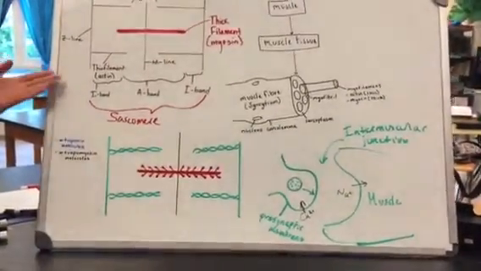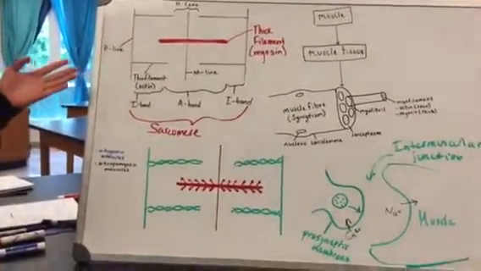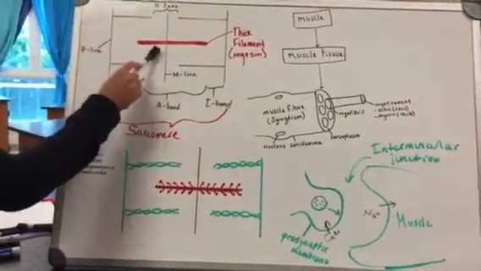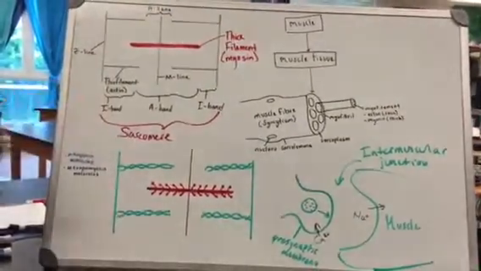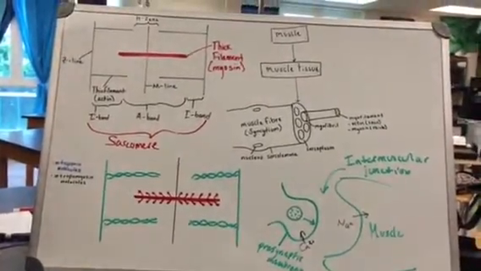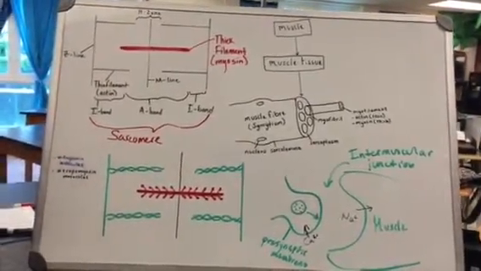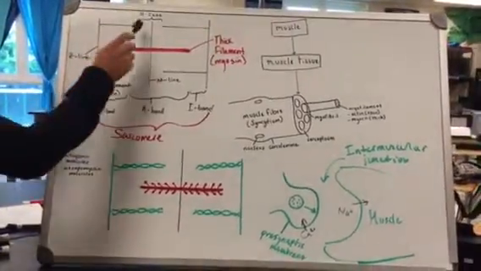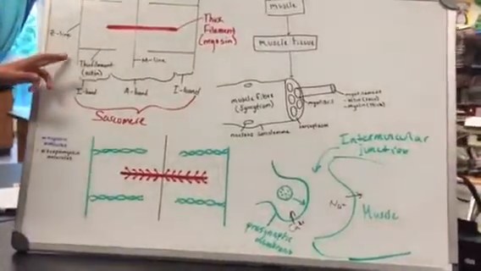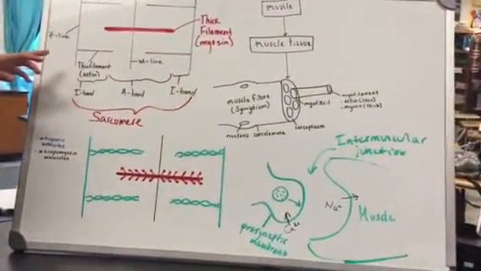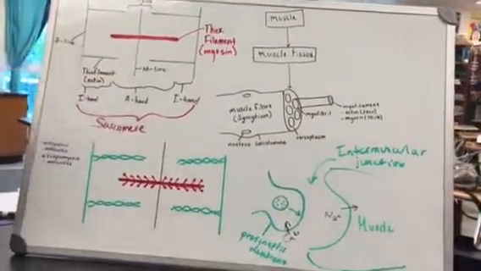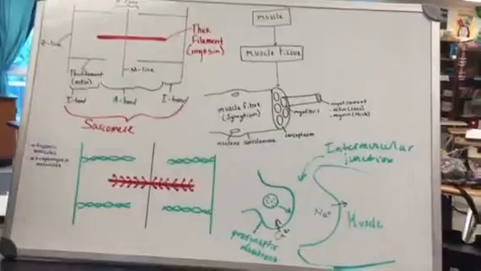So if you look over here, this is a diagram of your myofilaments. So you have the thin filament, you have the thick filament. They have certain bands and certain lines that show the different areas of your myofilaments. So you have your H zone, which only consists of myosin. You have your Z line, which is where your thin filaments connect. And then you have your M line, which is where your myosin is going to connect, in the center